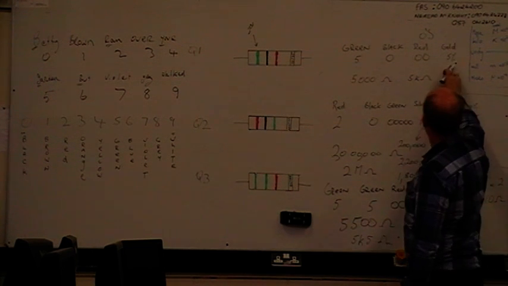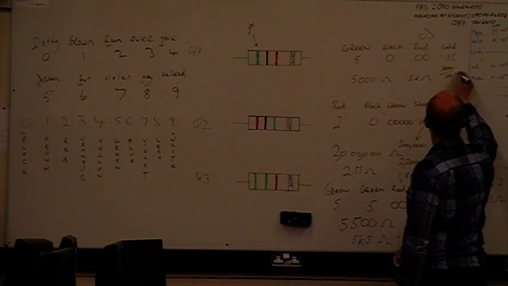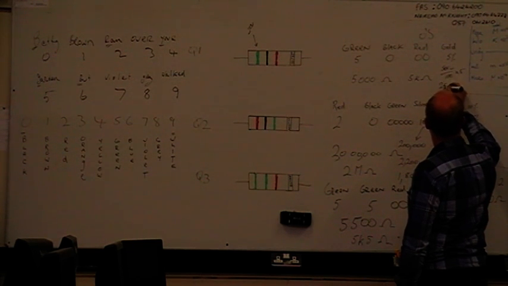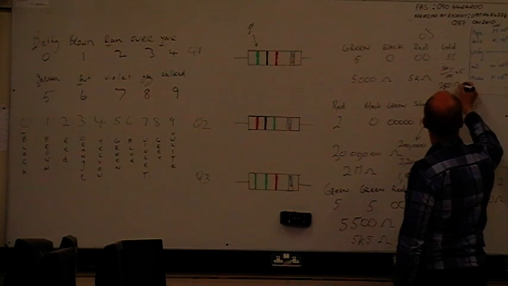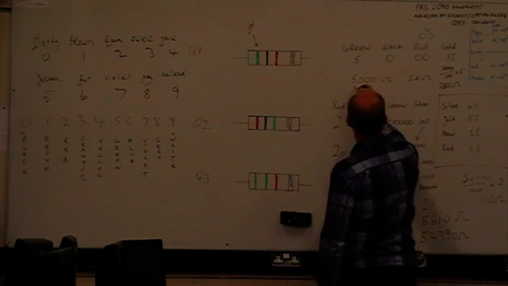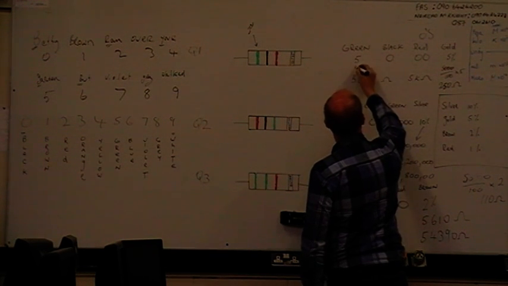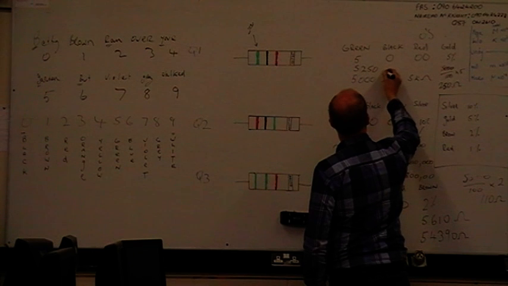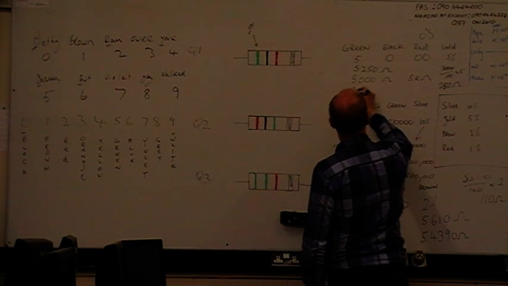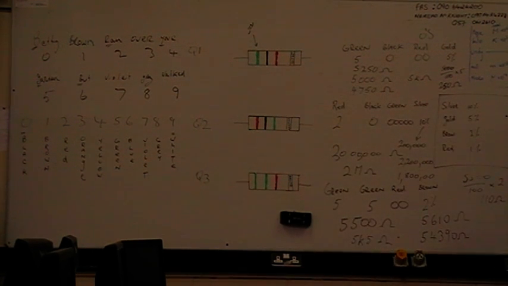And you have 5% of 5,000, which is 5,000 divided by 100 multiplied by 5, which is 250 ohms. So that gives us a value anywhere between 5,250 ohms to 4,750 ohms. So basically